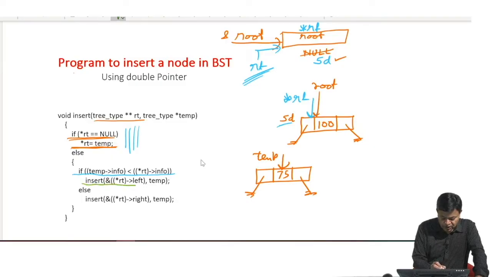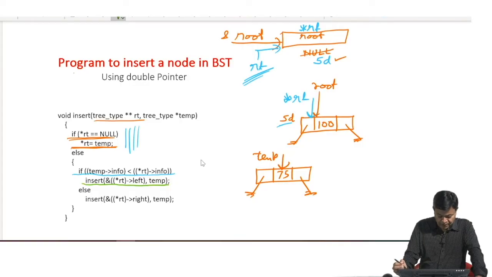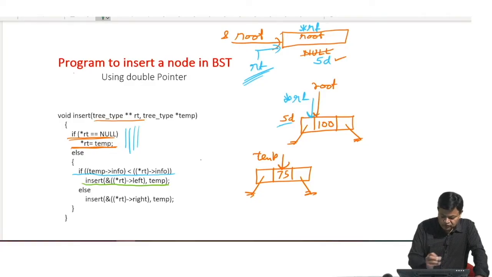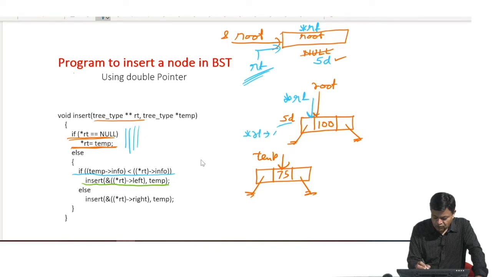So, now I am calling second insert from first insert with the address of first insert's star RT arrow left, which is equal to null. I have not passed this value.